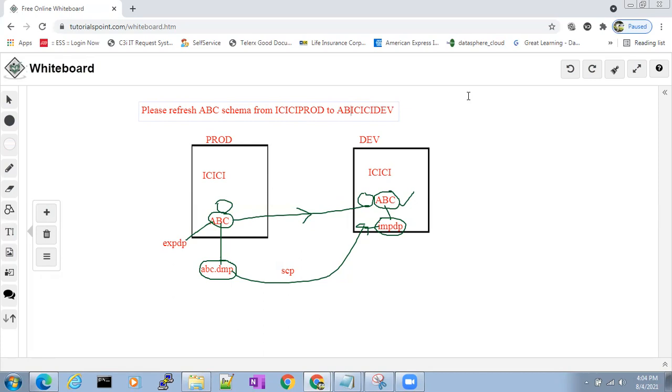Understood? The request is to refresh the ABC schema of the production database to the ABC schema of the development database. So we have taken an export of the ABC schema in production, copied that dump to the development server, and imported it there with the help of IMPDP, and the ABC schema is imported here. Till here, everyone clear?